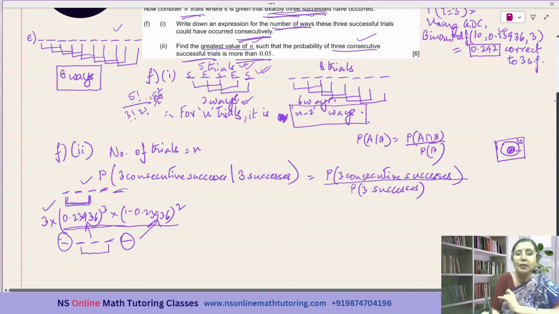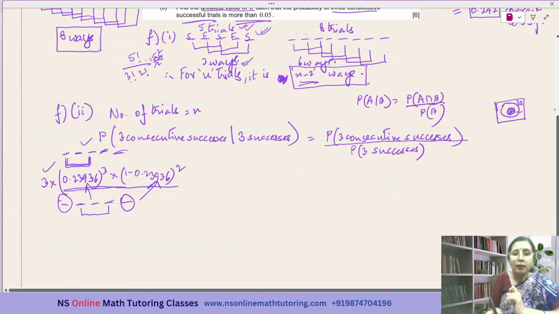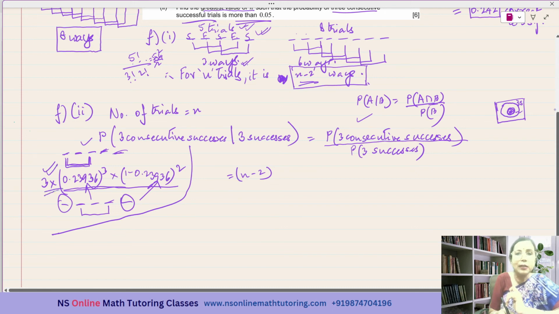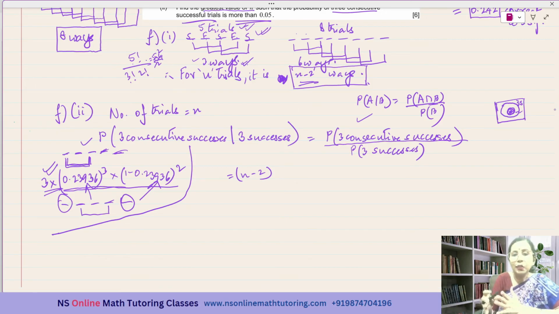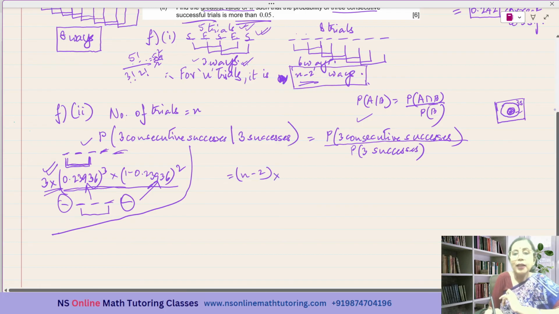When it is 5 trials, but this time it is just n trials and not 5 trials. And we have seen that the number of ways that we can have 3 consecutive successes when we are having n number of trials is n minus 2 ways. Okay. So this is just the rough working. For this, it is n minus 2 ways, because I had multiplied with 3 because there were 3 ways. Over here for n trials, there will be n minus 2 ways. So I'm multiplying n minus 2. Okay. And there are 3 successes. So it will be this part,